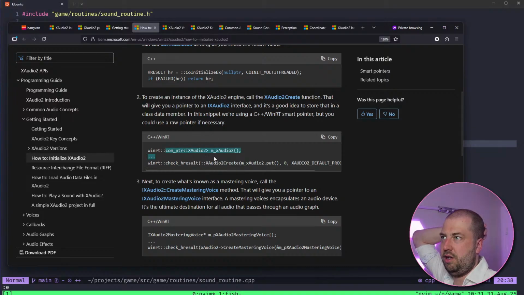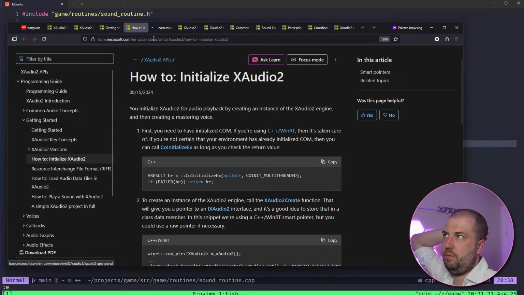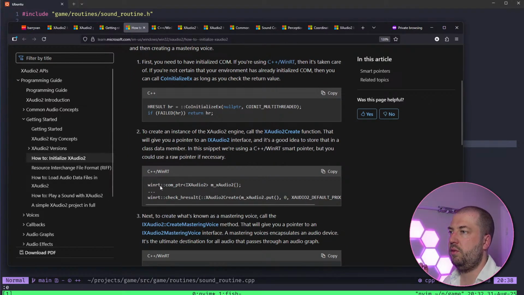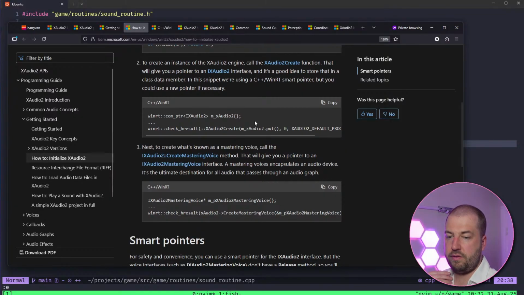Right, okay. So I'm not using WinRT, but WinRT is like a modern C++17 wrapping around the Windows APIs. I've never used it. Apparently it's quite good. So we will have to mentally substitute all this gubbins for our own stuff.